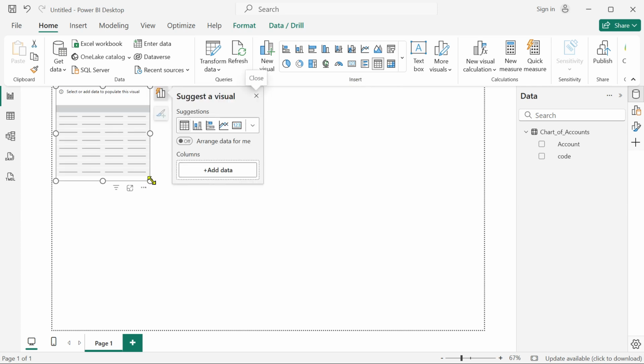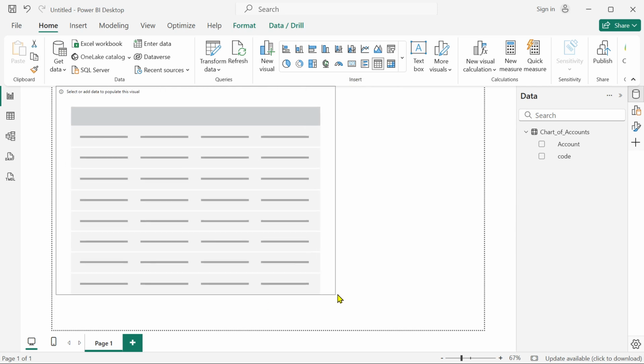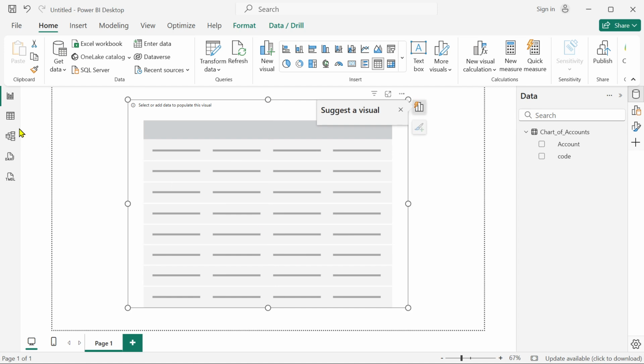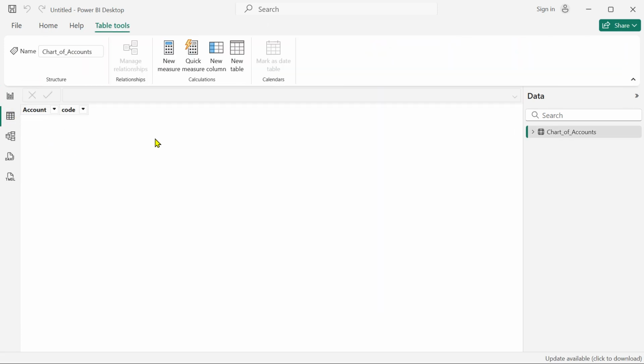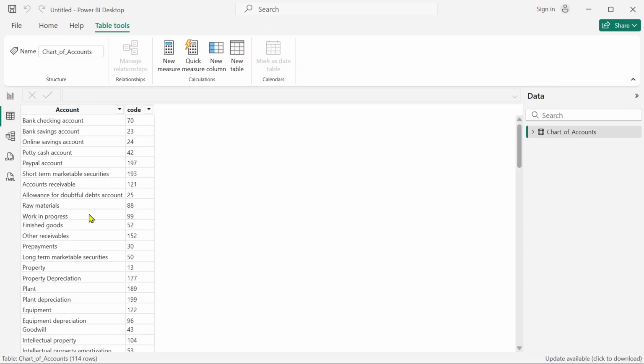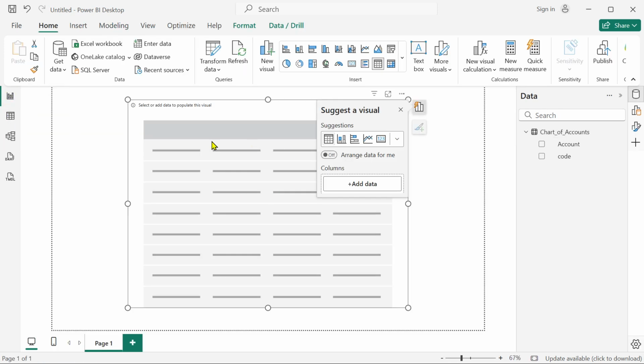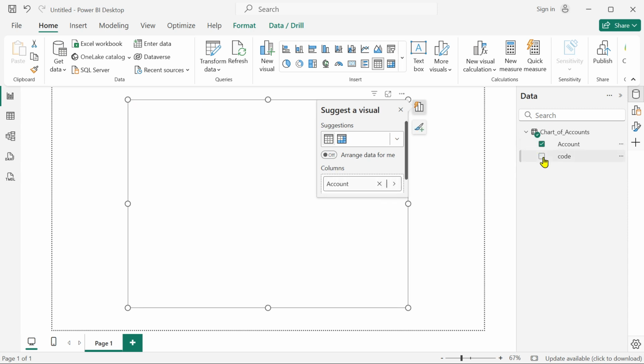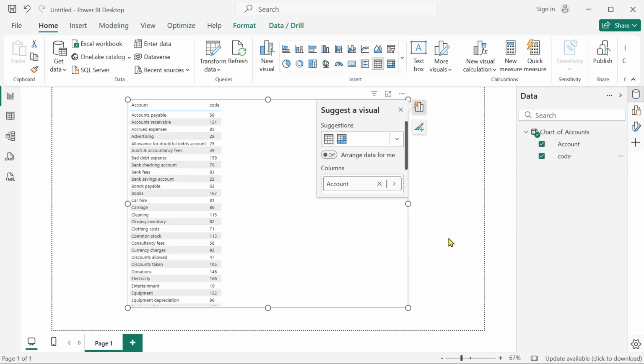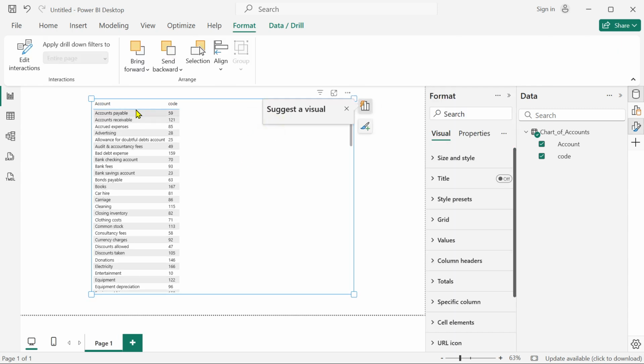Okay, it's a table visual. I have talked about this before. This is not my actual table. My table will be here. This is the table I actually imported from Power Query. This is a visual that looks like a table, and I'm bringing in the two columns that I have, and you can see that Power BI, let me make it bigger, easier to read,